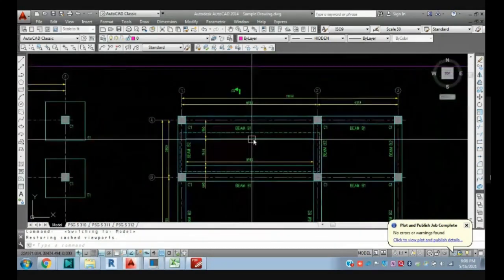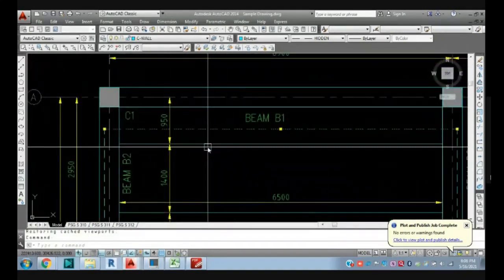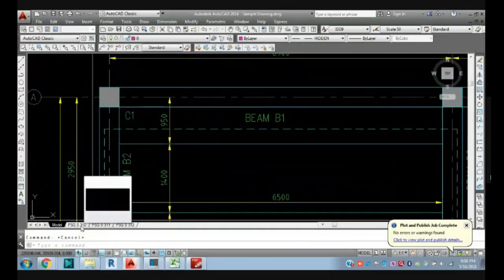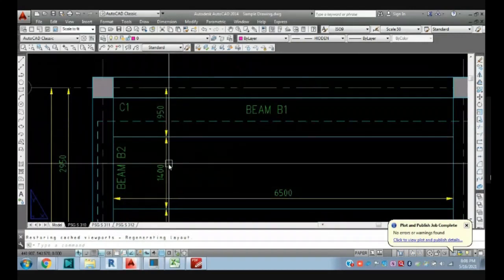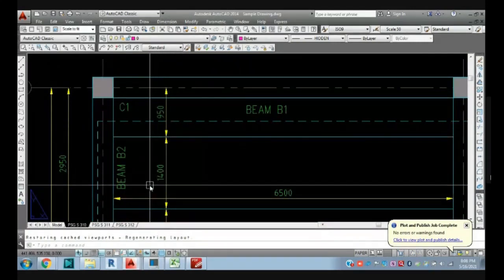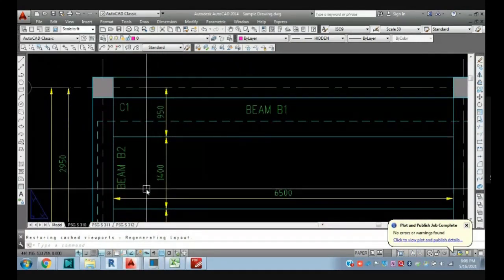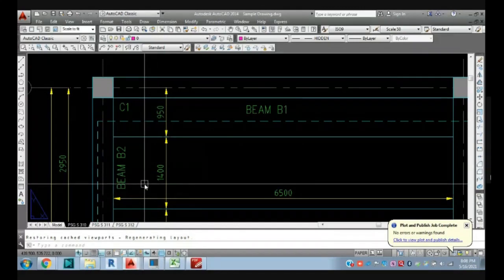It shows a continuous line, right? Yes sir. Just give the shortcut command LTS, line type scale.